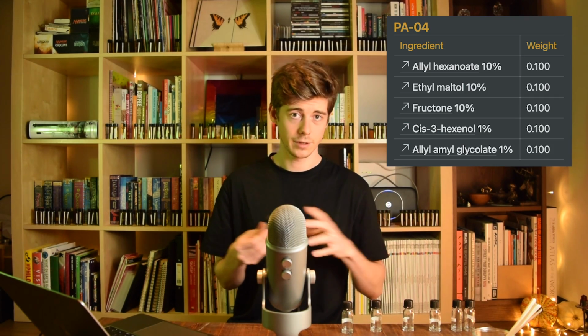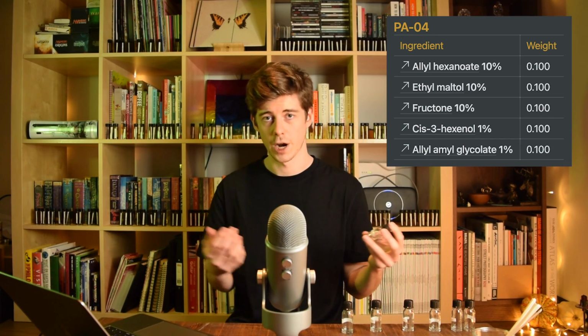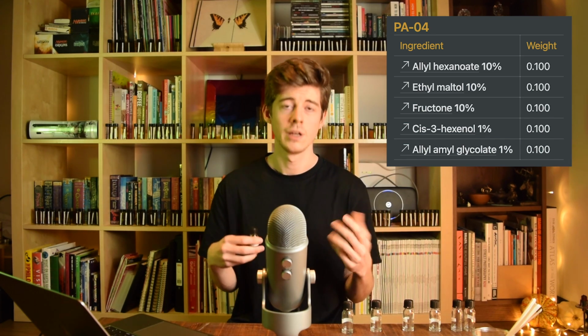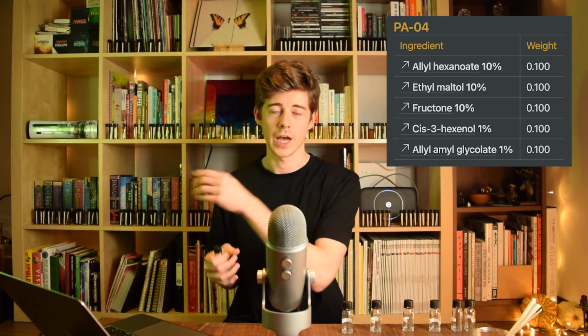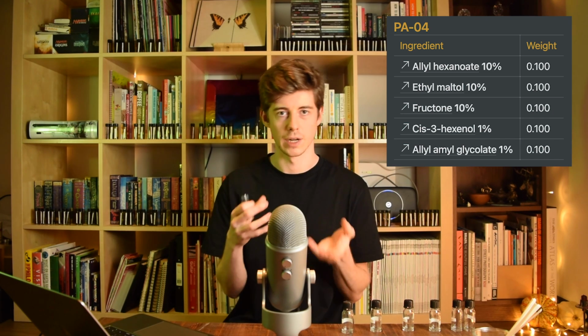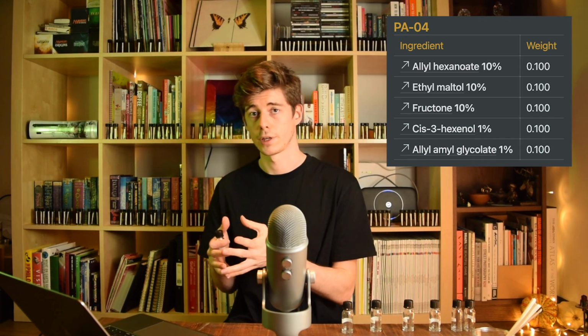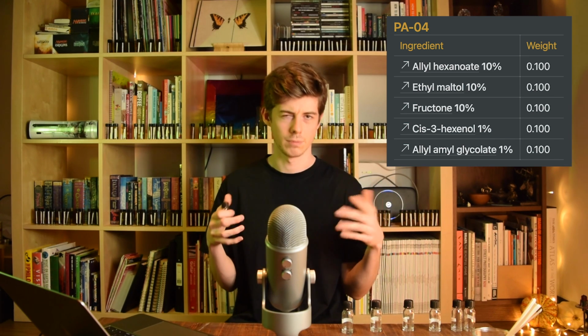So what I did was I thought, okay, if I take this mixture and I add some of this allyl glycolate and I put it in at 1%, like that cis-3-hexenol, if I put it in a bit weaker, it's probably going to be fine, right? The good thing about the allyl glycolate is that it lasts a lot longer than the allyl hexanoate. So even though to begin with it smells a bit more disgusting, it lasts a lot longer, and over time it doesn't smell so bad. So after a while, the pineapple note in it really comes out a bit more. The harsh chemical note goes away a bit, and it's lasting way longer. So if you want your pineapple liqueur to last a long time, I thought, well, this is a good solution, so we could maybe try to use this.